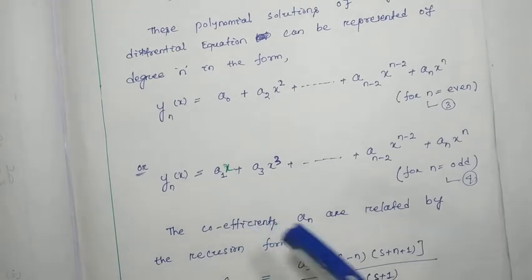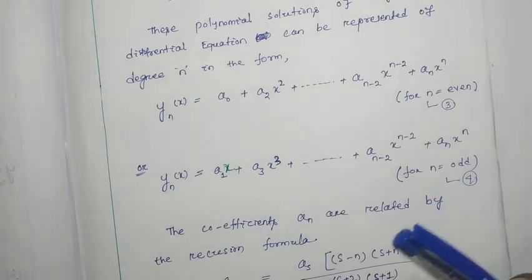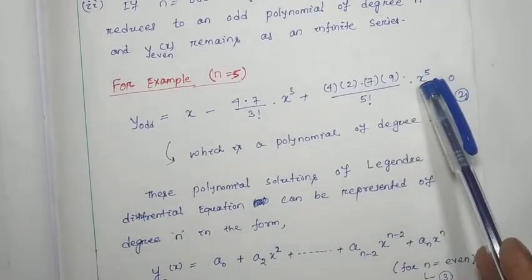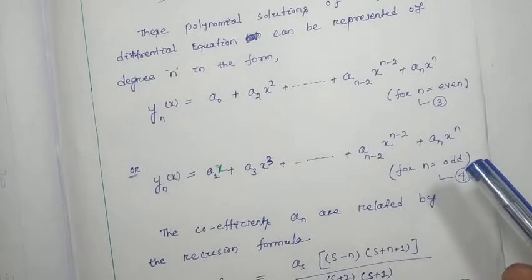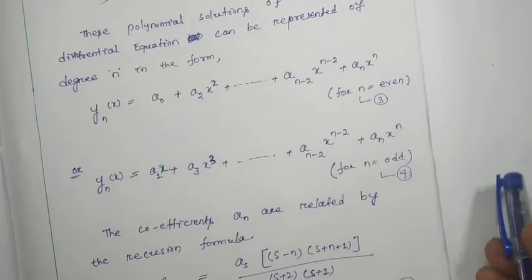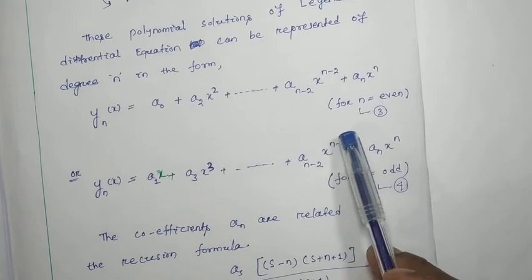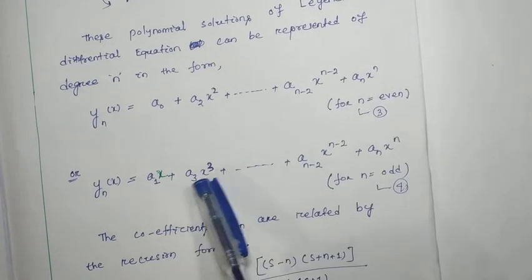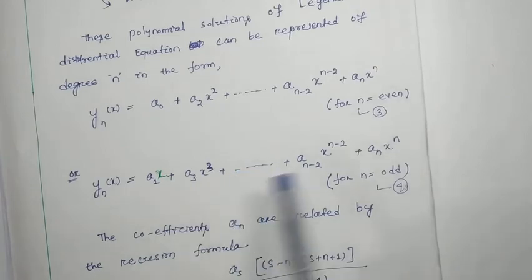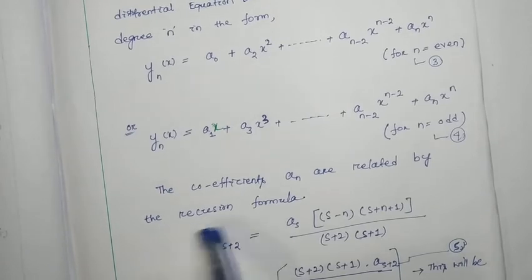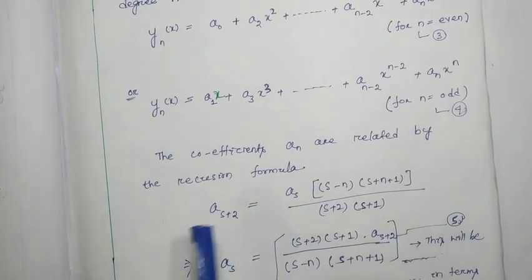Okay, now consider n equal to 5. N equal to 5 means how many terms are we going to get? 1, 2, 3. So x to the power 5, x cube and x. N equal to 5 means you consider a n x to the power 5, then minus 2, it will be x to the power 3, then minus 2 will be x to the power 1, like that you can consider. And the coefficients a n are related by the recursion formula, and the recursion formula is nothing but